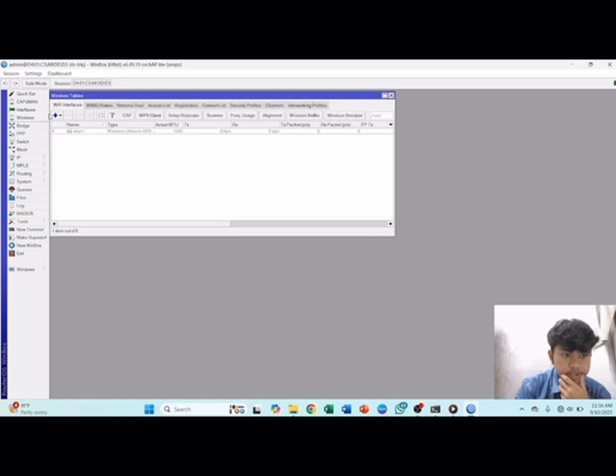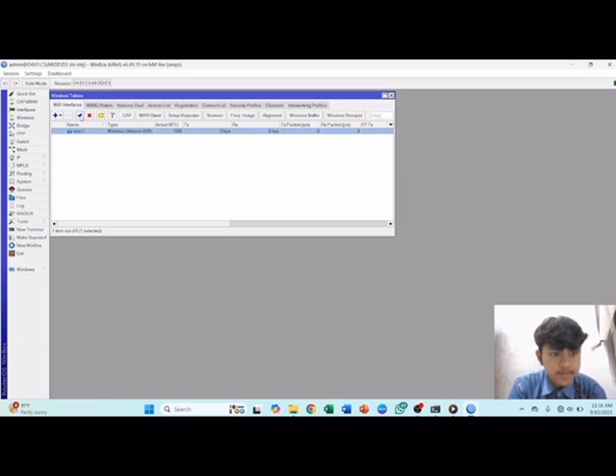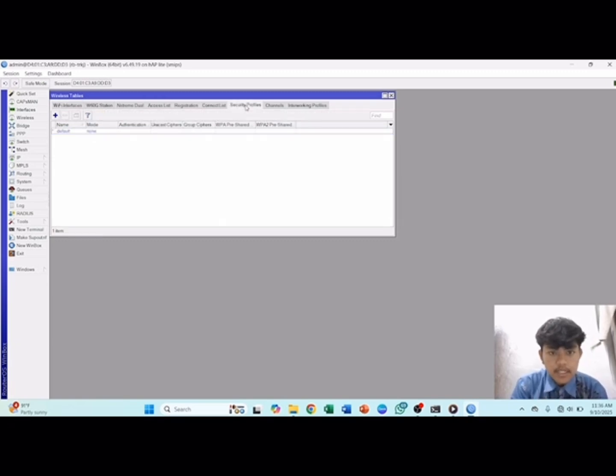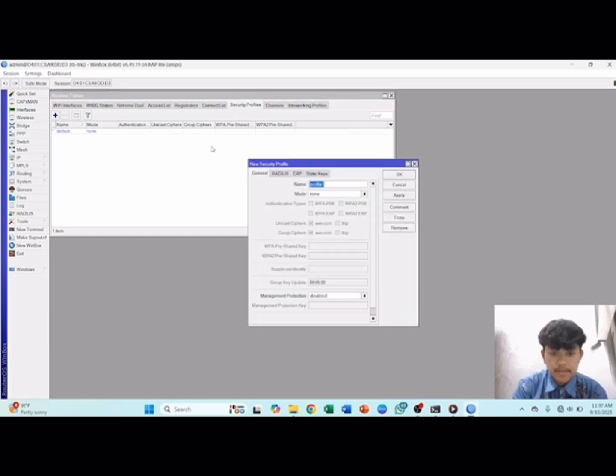We must go to wireless and enable it, then go to security profile and add one. You can change the name, up to you, and I will use lab 7.